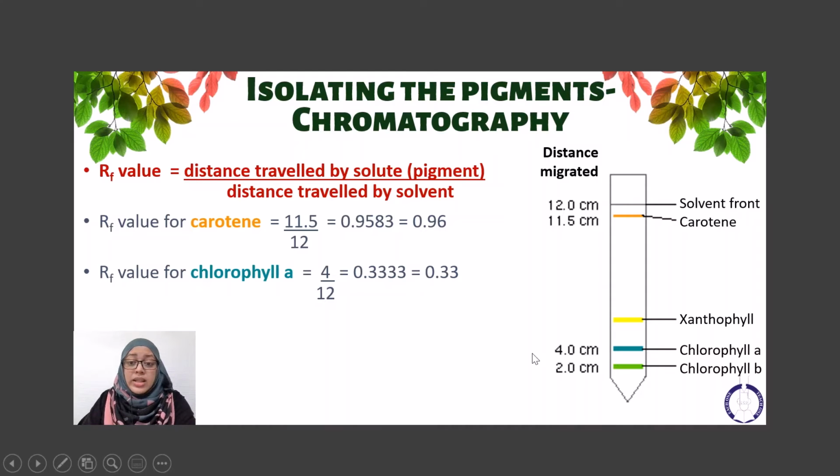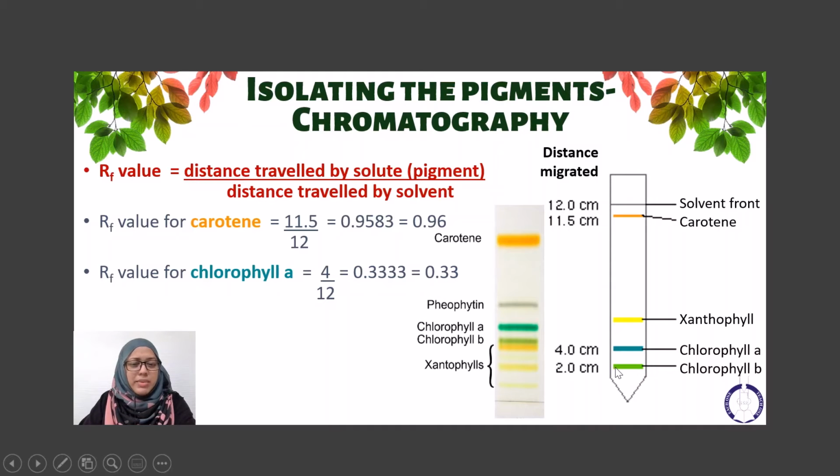Alright. Now, this chromatogram that we have is actually slightly different from the one that I showed you earlier. So what differences do you notice, and why is it so? Let's see if you can answer this. For starters, the initial diagram that I showed you has 8 different lines, which tells you that there are 8 different pigments there, whereas this one has just 4,